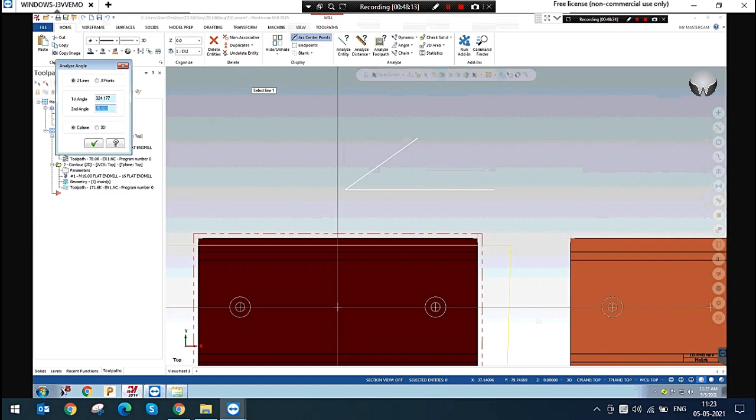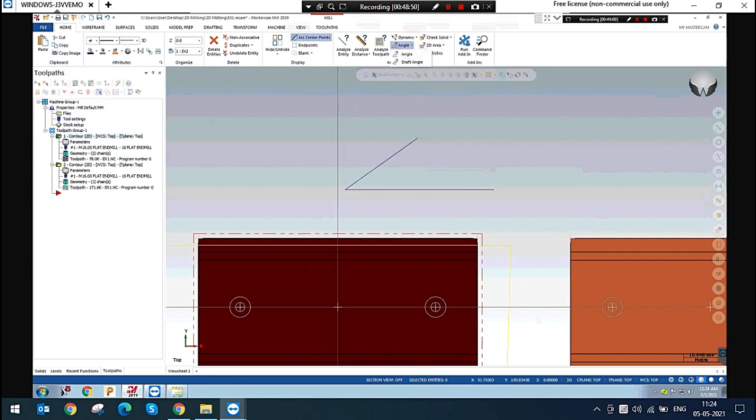If you select, please wait. If you select this line, the first angle will go inside. Where you select, it will be shown. The small angle is inside, the big angle is outside. If you choose 3 points, you have to select 3 points: 1 point and 2 points. And this is my 3 point. You can see the same dimension will come. Okay.